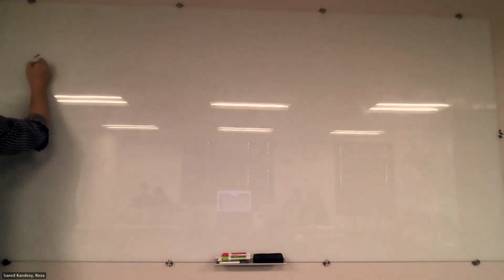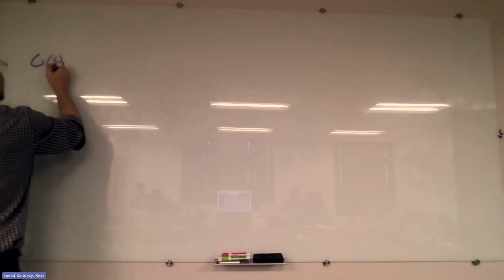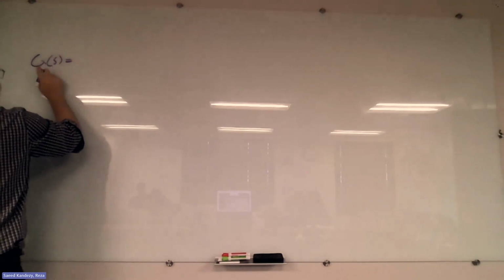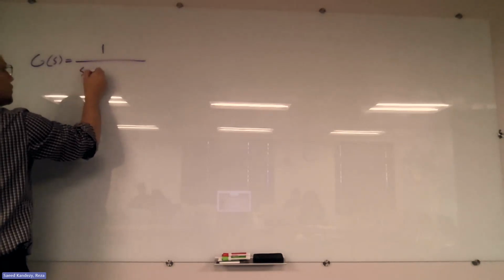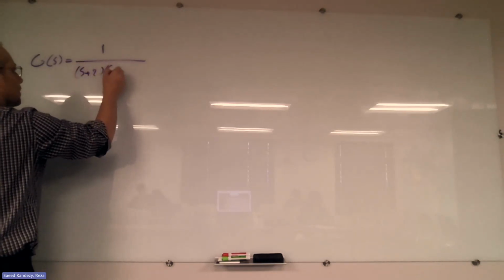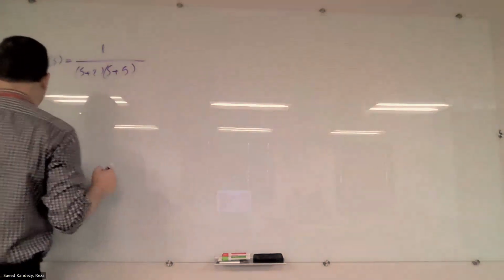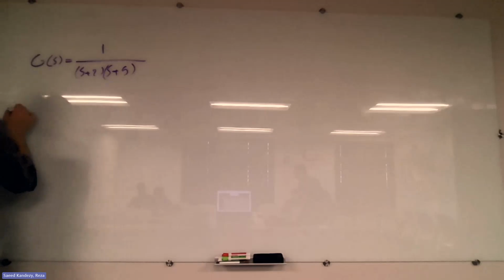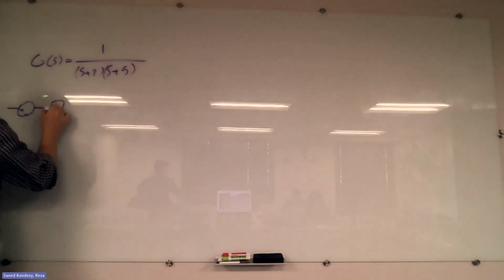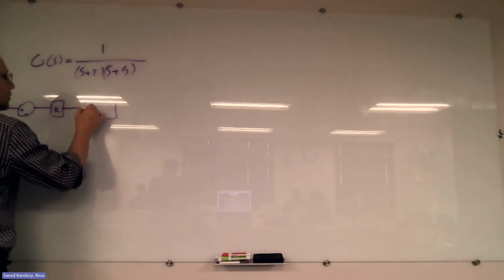Okay, let's start our first example by having the open loop or forward pass transfer function as 1 over (s plus 2)(s plus 5). Now, for the Locus, we said what we want is to have a negative feedback of that